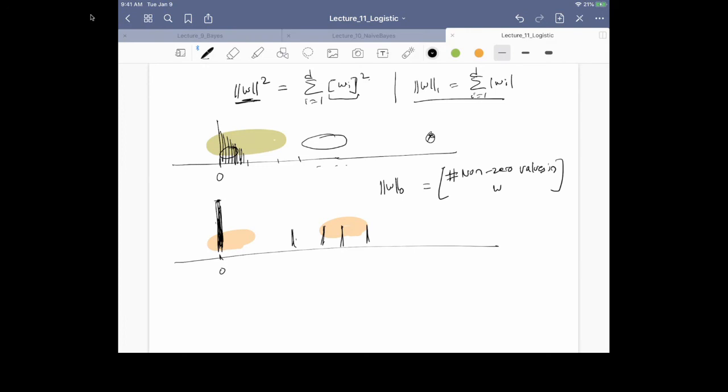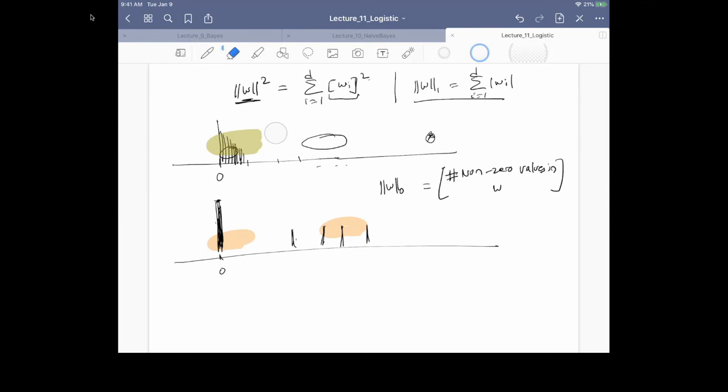This is non-convex. But it turns out that L1 loss is a convex relaxation of the L0 regularization. So because of that reason, there is also an explanation of why L1 regularization will try to